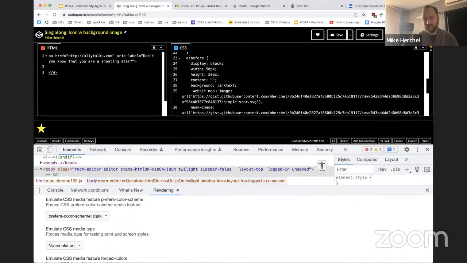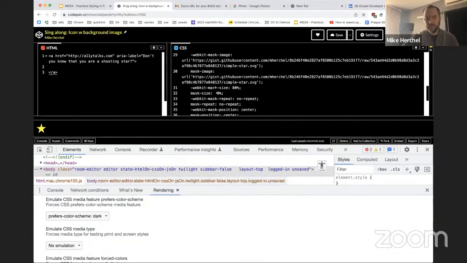Where you would say background image, you can use WebKit mask image. When you say background repeat, you can say WebKit mask repeat. Background would map to WebKit mask, or background size would map to WebKit mask size, etc. So you can kind of see how that works right here.